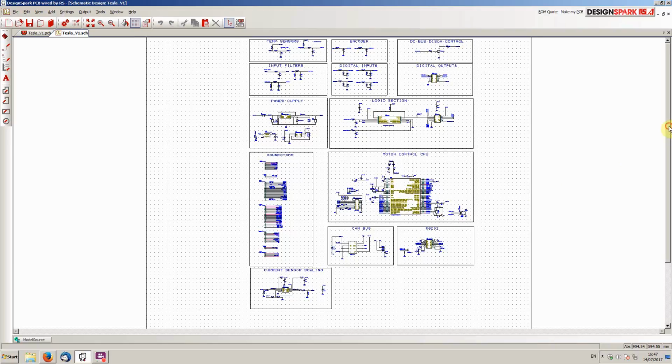It is probably not the best PCB design package out there, but back in the day one of the first packages that I used was called Igbt, and it was quite a steep learning curve for me at the time. But Design Spark is based upon Igbt. So when I got back into doing this kind of stuff years ago, I just ended up falling into this particular package. It works well for me, and things that I like about it is that there are zero restrictions on this at all. So there's no board limits, pad counts, any of the kind of nonsense that you get on a lot of free